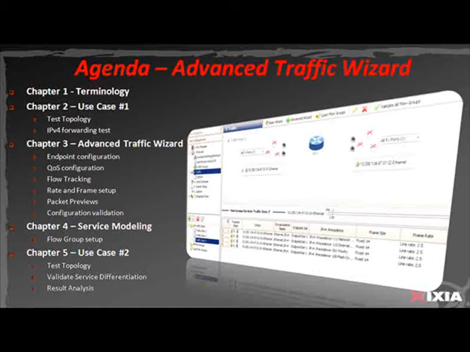In Chapter 4, we will spend some time on flow group setup. This is a key concept in the IxNetwork 540 release, and we're going to dedicate a chapter to this specific piece. In Chapter 5, we will go through a more complex use case where the test objective is to validate